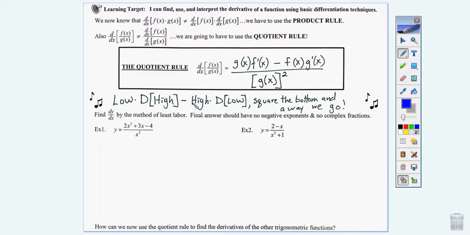To the video I have for you on the quotient rule. You are welcome to fill in the actual quotient rule in your notes now, but I'm gonna sing a little